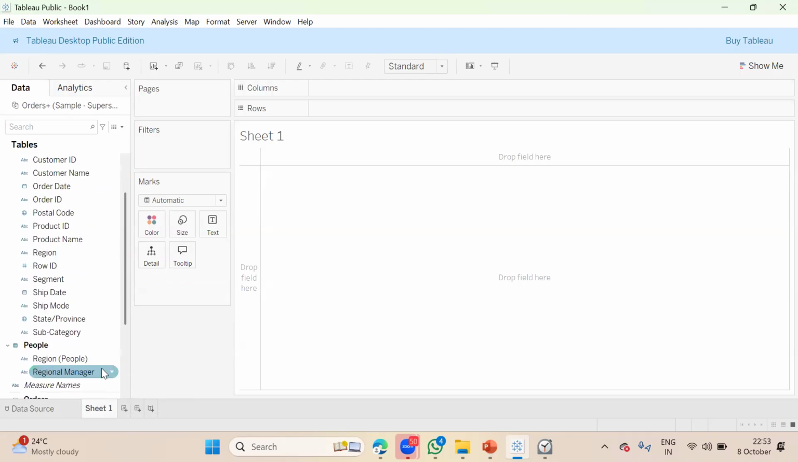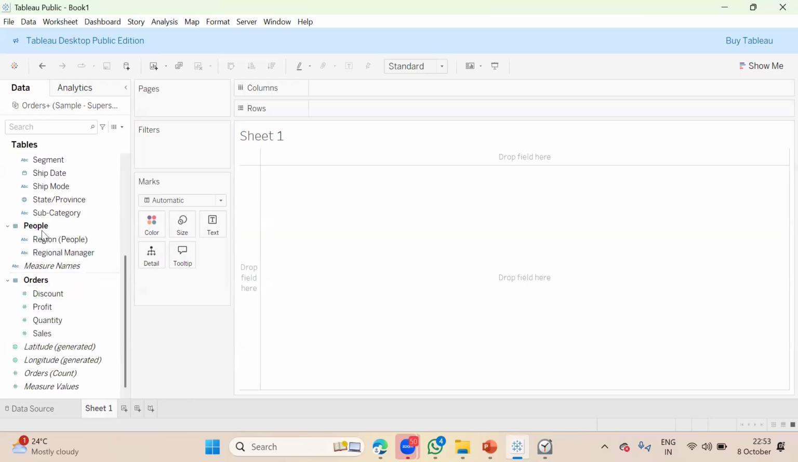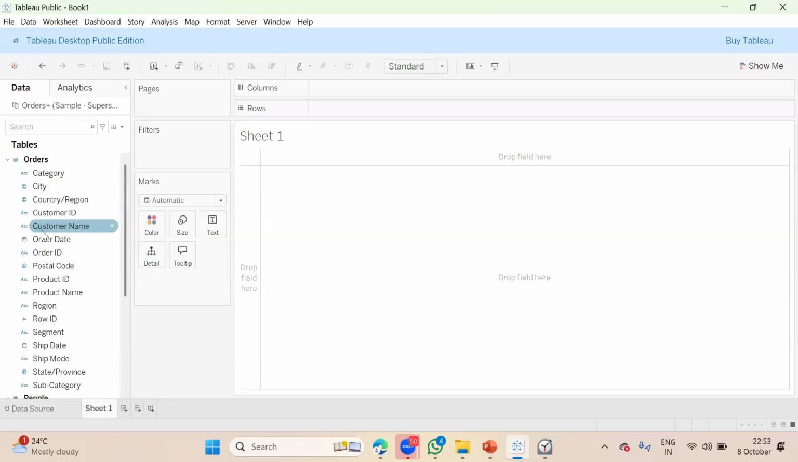So you can see two tables we have. One is orders, the other one is people. It is already connected with the help of inner join. Now if I want to see, this is a canvas. This is my canvas. It is similar to Excel. So have you worked on